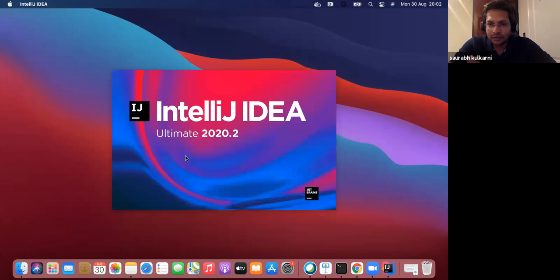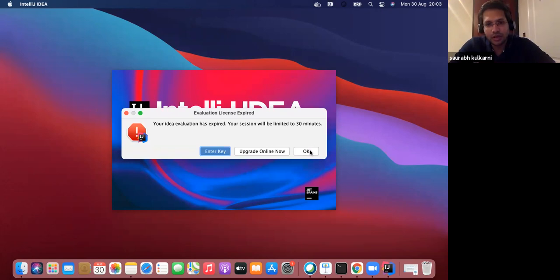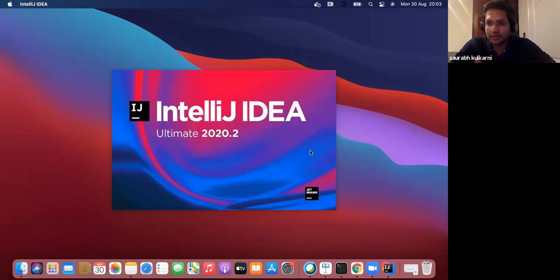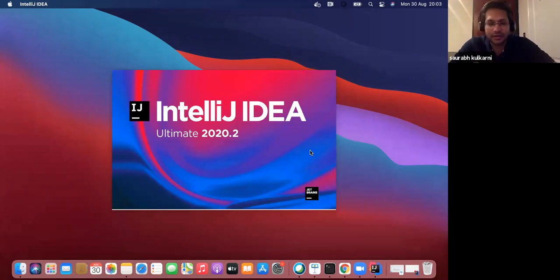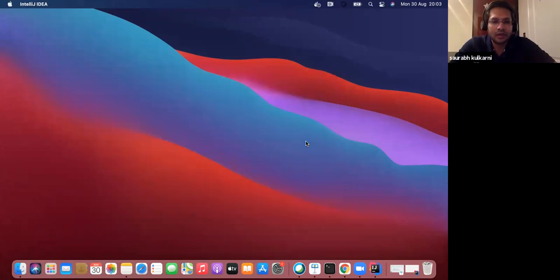So this is the development tool that I'm using, which is IntelliJ IDEA. You can download the Ultimate version of that; the version I have downloaded is 2020.2. This is not the licensed version, so it will restart after 20 minutes, and I apologize in case it gets restarted. It's restarting now.